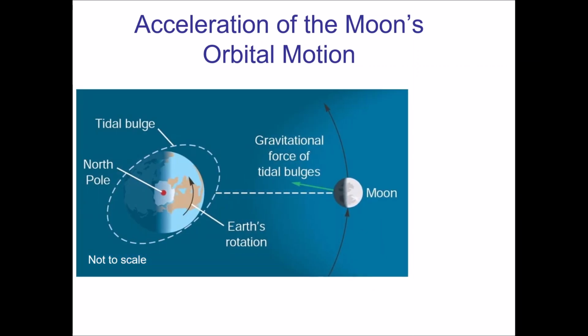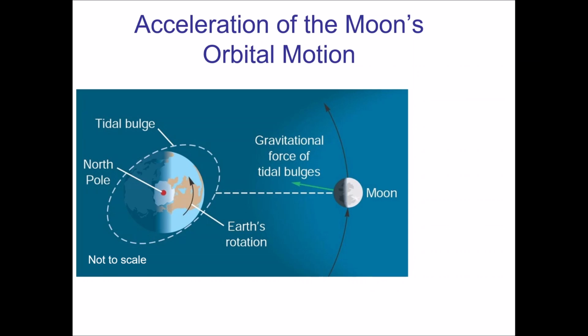Now, there's actually something else occurring here as a result of tides. The picture being shown here is exaggerated, but it's meant to illustrate in a little more detail how exactly the tidal effect is taking place. You have to remember that the Earth has this bulge because it's being pulled by the moon, but at the same time it rotates. So if you visualize the tidal bulge of the Earth, it would look a little like this picture. Again, things are exaggerated here, but we say that the bulge for the Earth sort of leads the moon in its orbit.